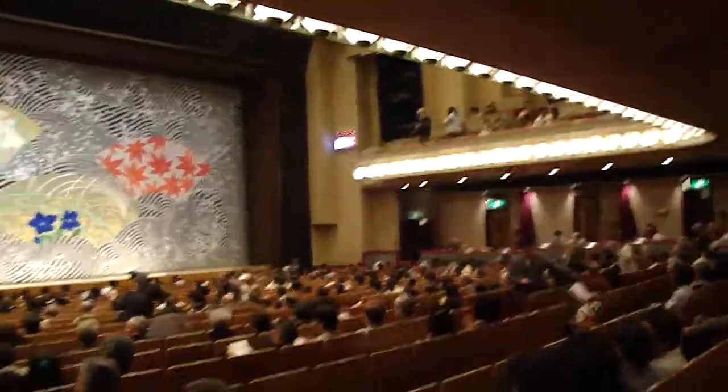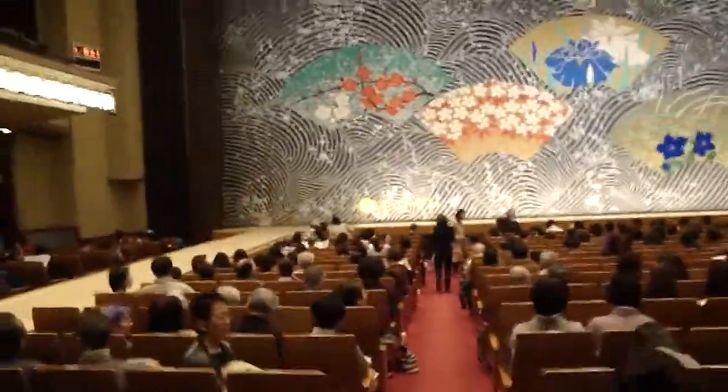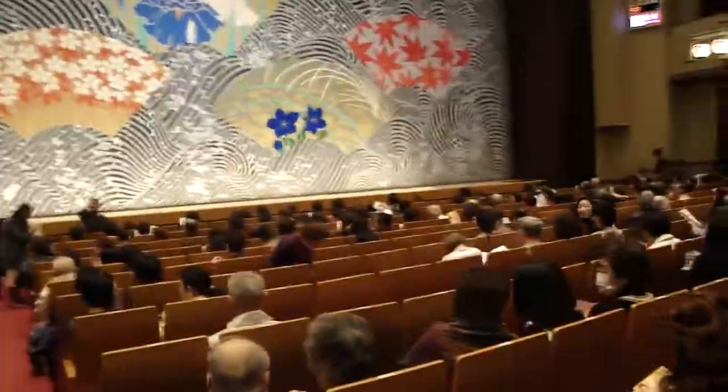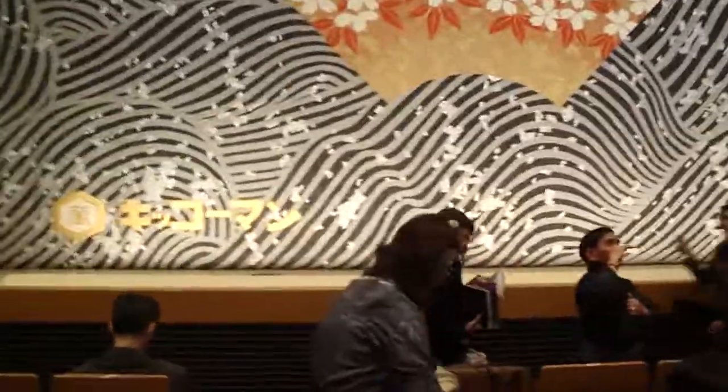So going back into the theater, and you'll see the layout of the theater. Maybe I'll take a video of the upper floors much later when I have an opportunity. And hope you appreciate seeing this great theater, which is somewhat smaller than the Kabuki-za. We're going back to my seat, which is in the first row. And the crowd is obviously getting ready for this 11 o'clock performance. It's a matinee that ends about 4.